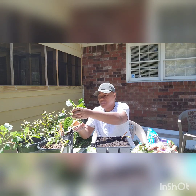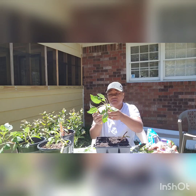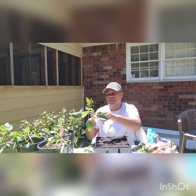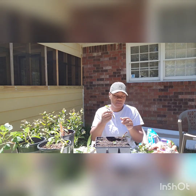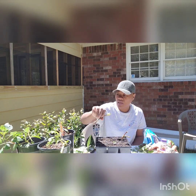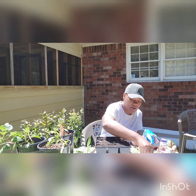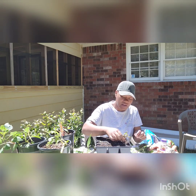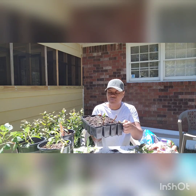There's another one here. Here, cut that off. Cut the leaf node area. Cut that off. Cut the leaves off. This one I'm just going to leave one leaf. I like to leave the leaf so I can see. If it dies, then I'll know. And if it perks up, then I'll also know. So either way, you're winning by just leaving the leaf there. Dip it in the rooting hormone. Stick your finger in the dirt. Stick it in there. Tamp it in. And just like that, I have 3